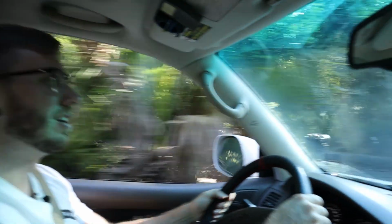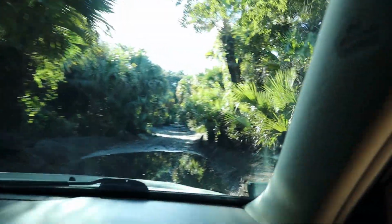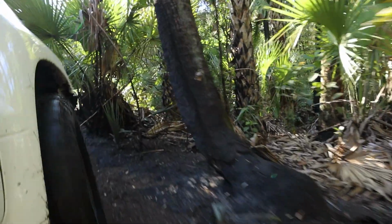All right, so we're starting off in the trails out here. I already see it, things are kind of wet. Hurricane Ian just came through just last week, and you can see there's quite a bit of puddles here. So we're gonna watch out for making sure we don't get water up in that side of the vehicle where the intake is. I'm gonna try to straddle this side a little bit here,